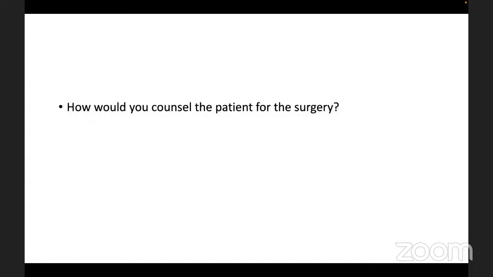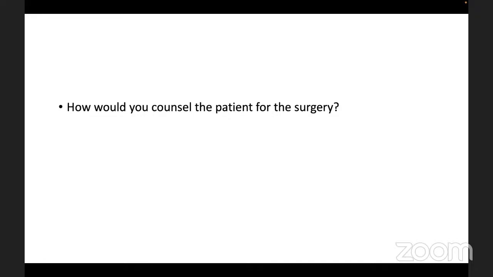Okay. Now, you have the patient, you're in the clinic. How would you counsel the patient for surgery? I would first explain to him his condition and how many vessels that he has diseased. And I would inform him that according to the guidelines and recent studies, the best option for a patient who's diabetic with 3 coronary arteries that are diseased, CABG is the best option for him in terms of survival, and